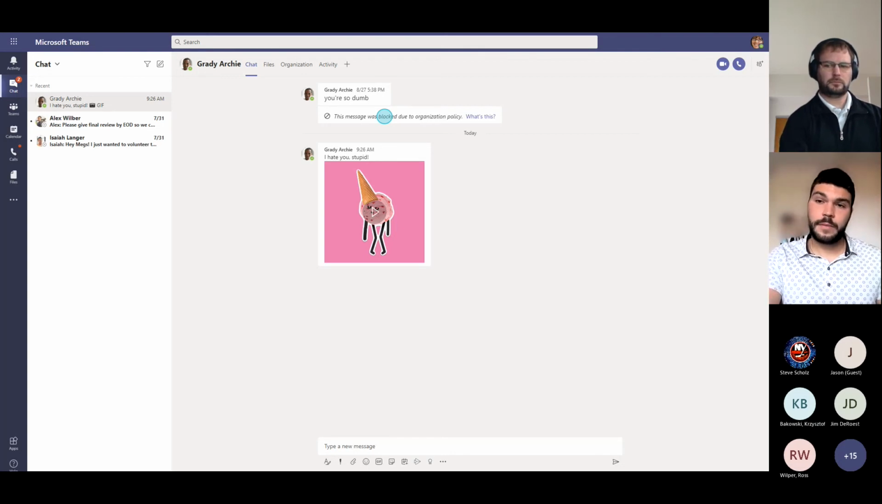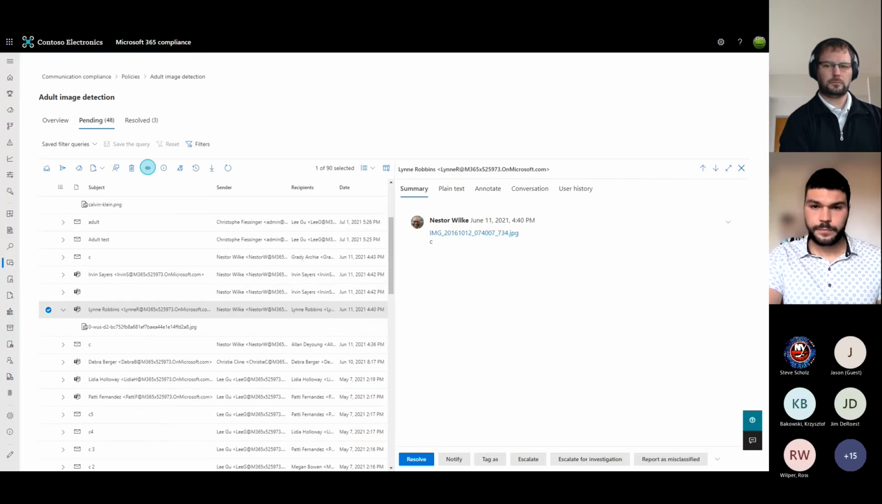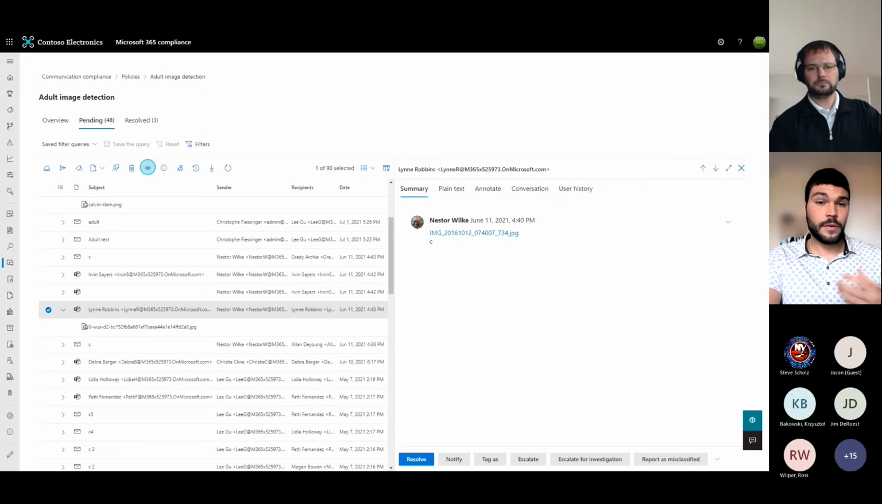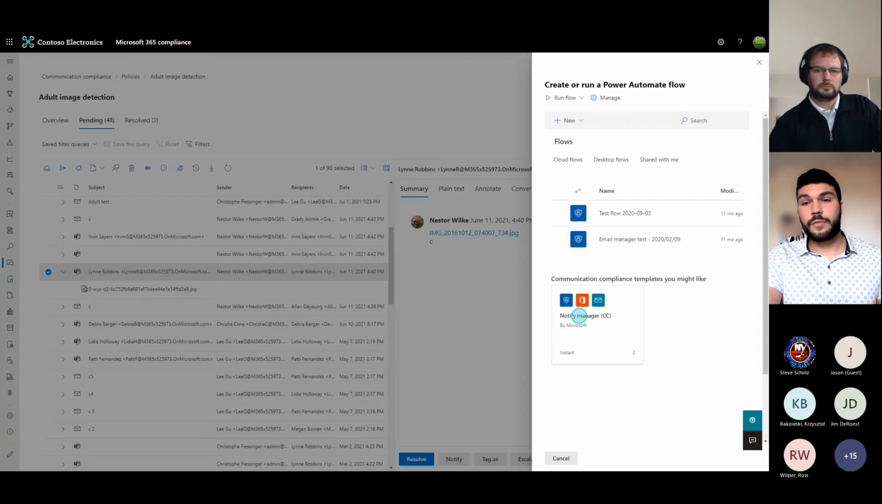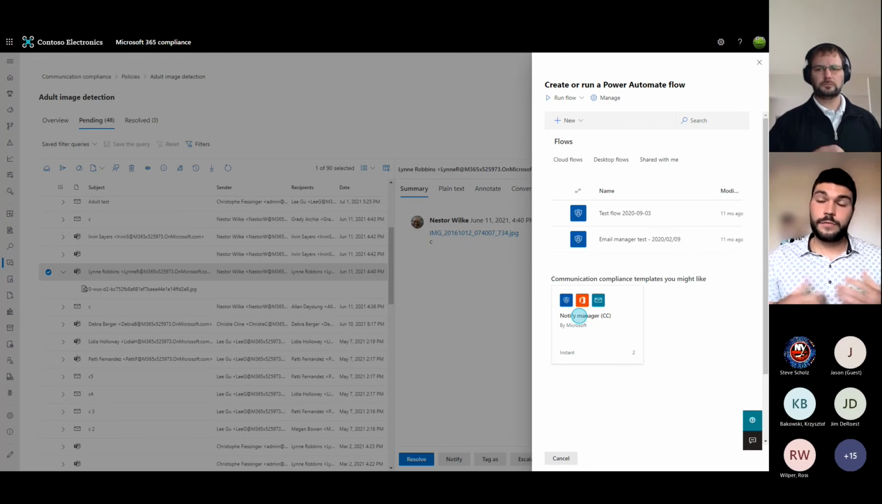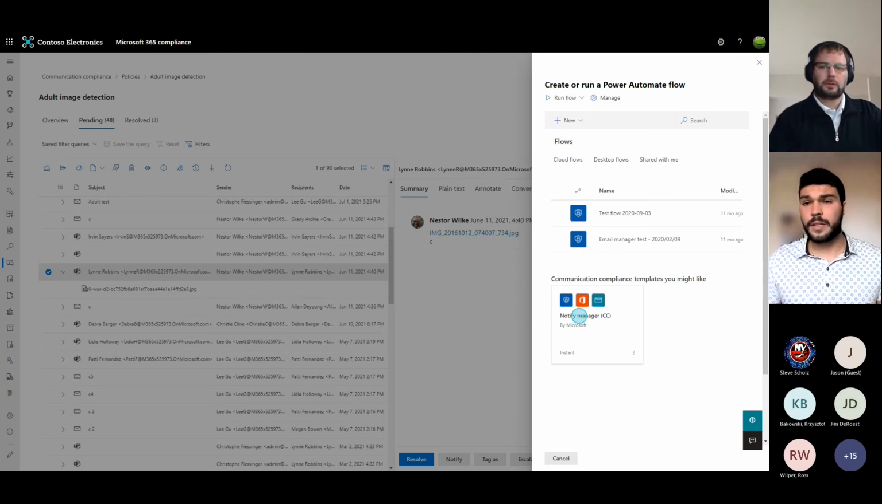Now, navigating back to communication compliance, you also have the full capability of Power Automate. If you don't know, Power Automate allows you to run a set of flows, and these flows allow you to automate a couple of different tasks. For example, without leaving communication compliance,